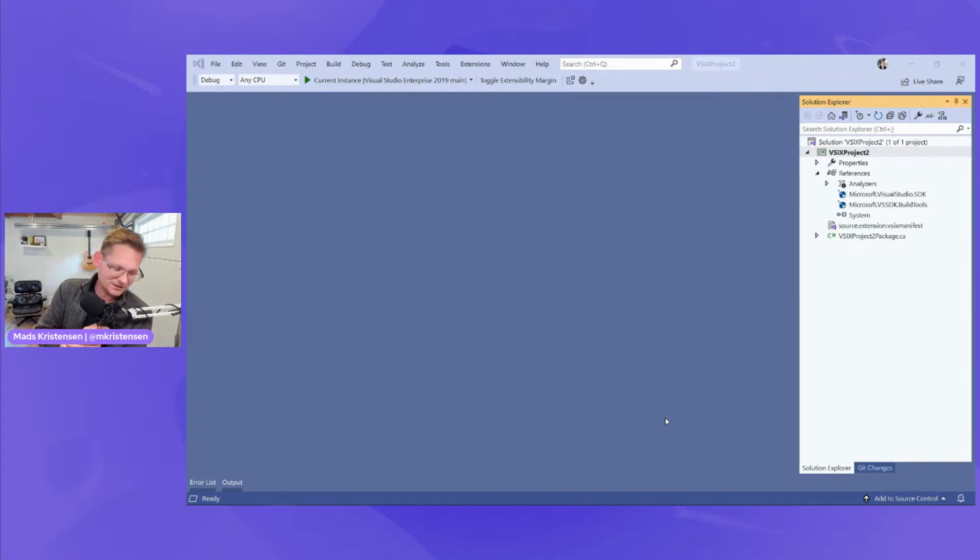So before we go into how we're actually going to do it, let me just talk a little bit about what it means to be 64-bit. There's a few things. Let's just take the first one. If you have written an extension in .NET and you're compiling in Any CPU, which is the default for all our project templates throughout history, right? Then you're good. Then you don't have any issues with going to 64-bit.